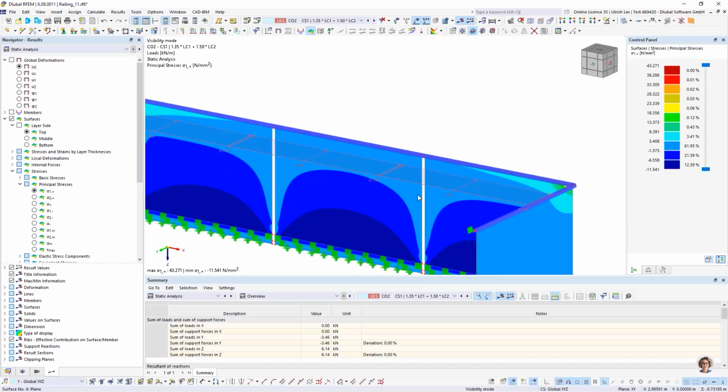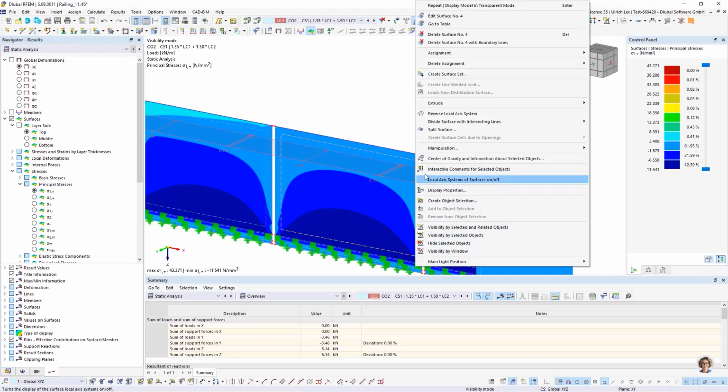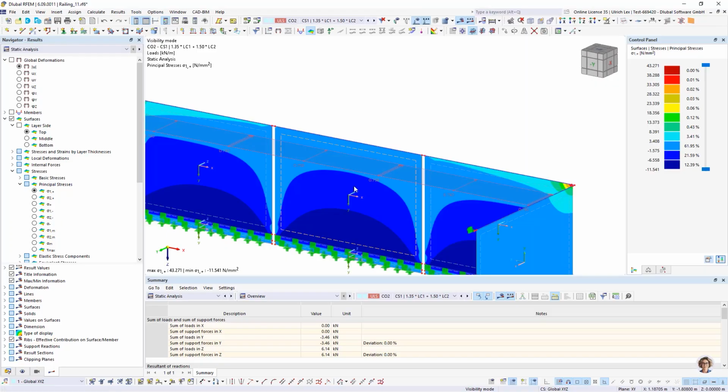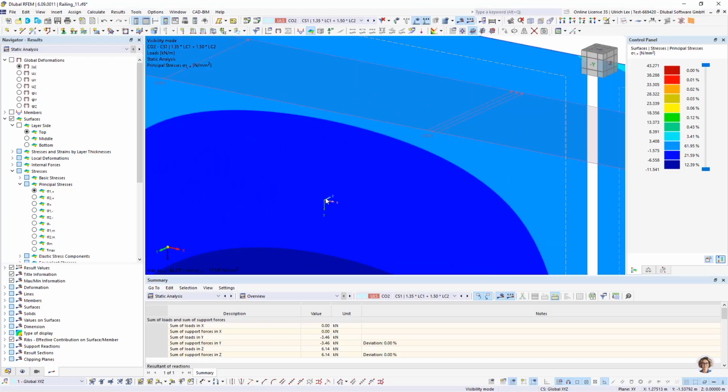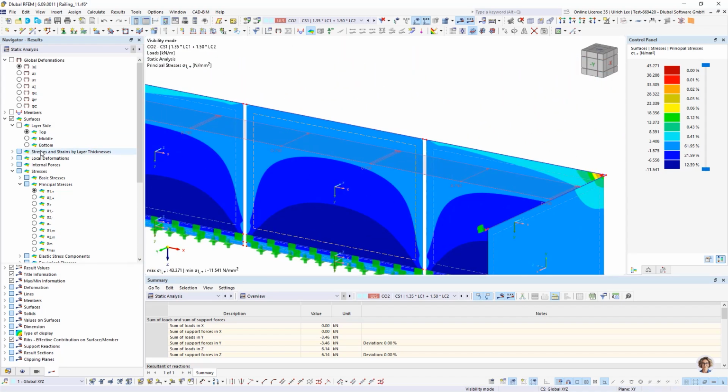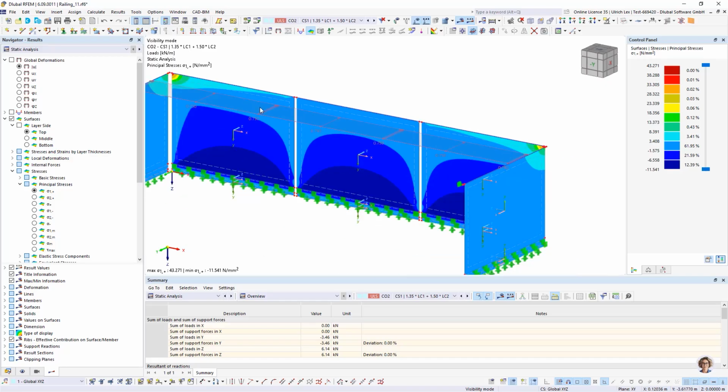This side is defined on the local Z axis, where the local Z axis goes out from the surface. This is the bottom side. So our maximum stress should be on the top side of the surfaces. So I take a look at the top side,